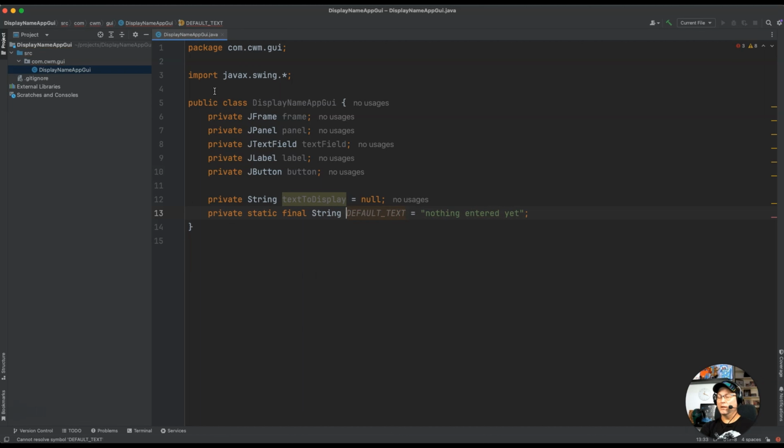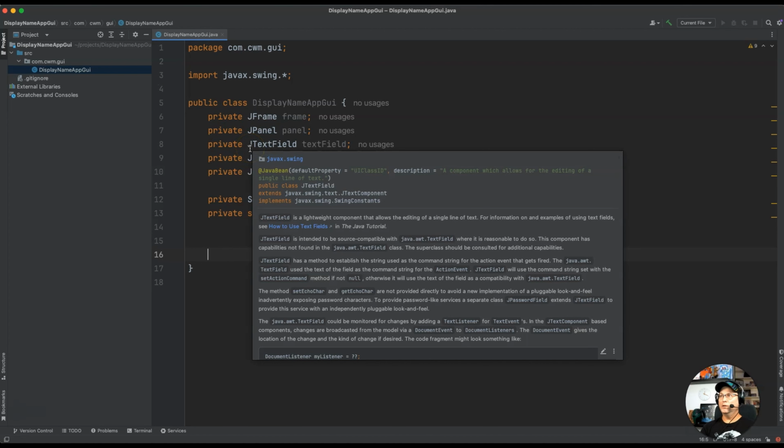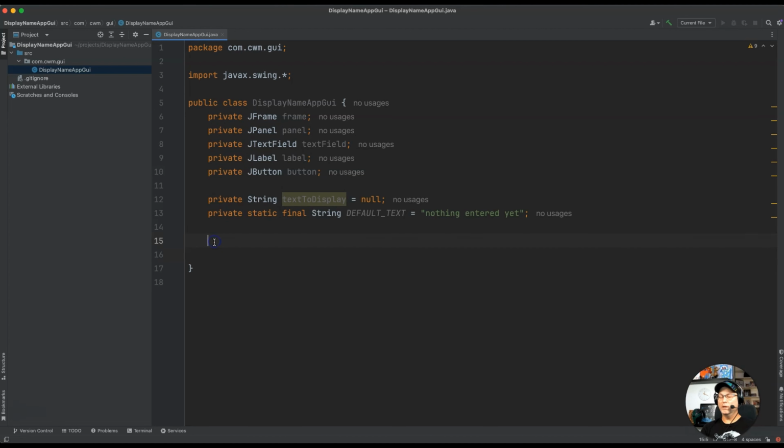This should be string. There we go. Now, we have these variables created, but let's go ahead and also create at this point a default constructor. So this is DisplayNameAppGUI. We're going to make this public. It accepts no variables. It's going to be our default constructor, but we're going to use this to initialize things